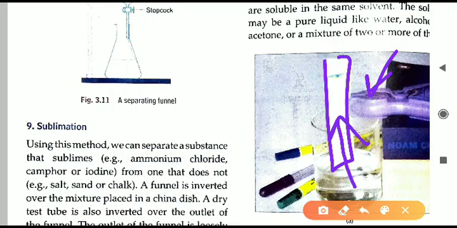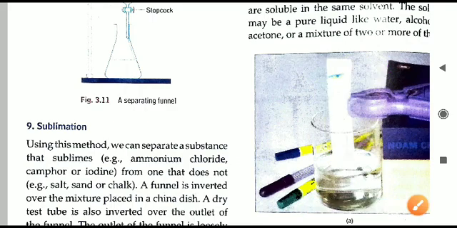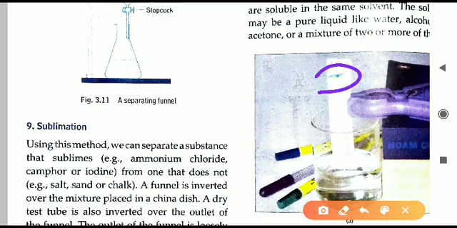As it is moving upwards, the different pigments present in this mixture will start moving at different speeds or rates. One pigment will move faster, another will move slower, and as a result of this difference in their ability to move upwards, the different pigments will separate at a certain stage. At one corner of this paper, you can see different colors are visible. These colors are actually different pigments.